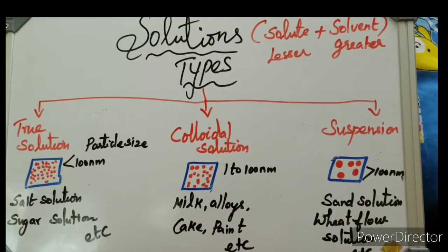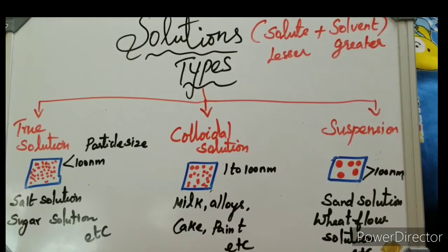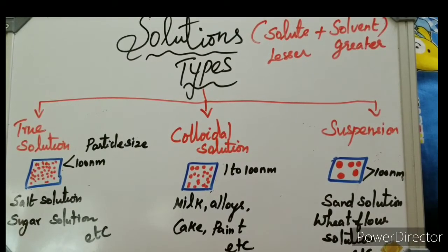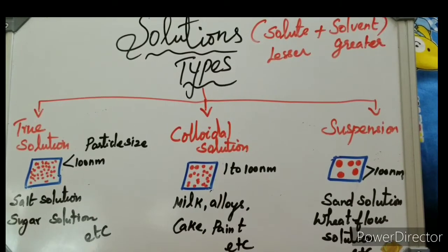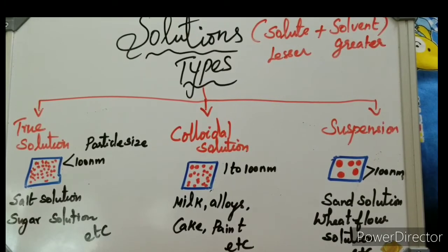Here the particle size is greater than the molecular size, so it is not able to go into the solvent, that is water. So it slowly settles at the bottom. That type of solution is called a suspension. Similarly, add some wheat flour into water. The same process happens. The wheat flour first makes a turbid solution, then slowly settles at the bottom. In that solution we can see the particles separately at the bottom of the solution.